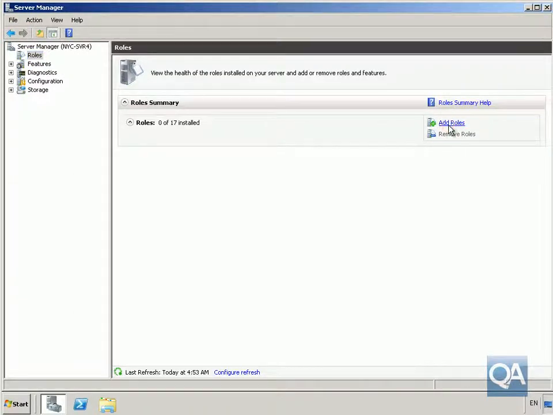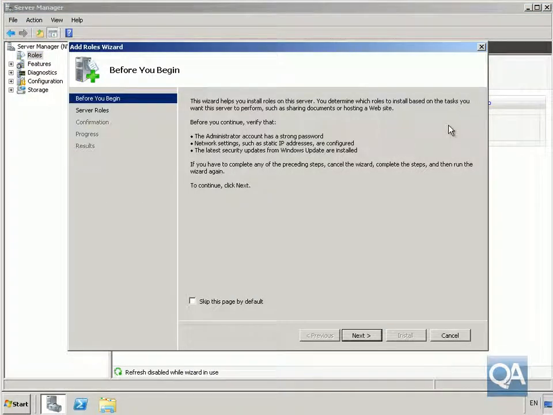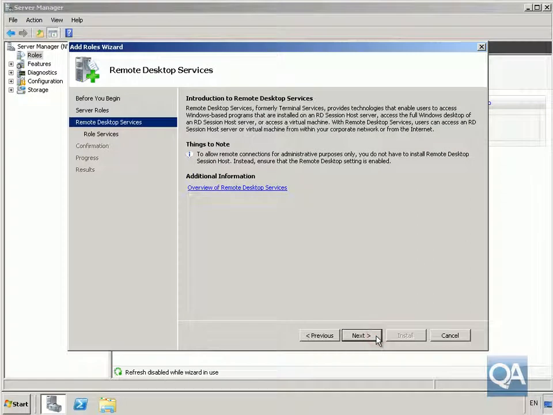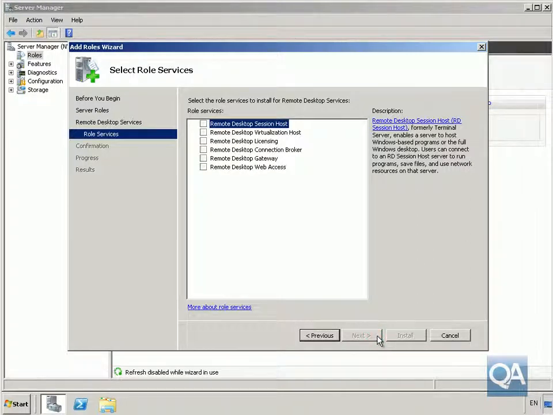We'll add roles. Next, just click on the Next button. What we're going to do is install our Windows Remote Desktop Services. So we'll select this little checkbox, select Next, select Next. In the case of the role services here, I just want to install the Remote Desktop Session Host. So turn on the tick box for that, specify Next,